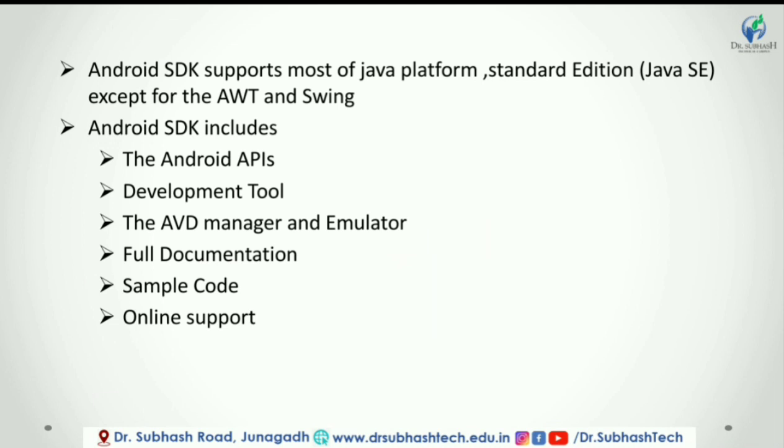All Android applications run within the Dalvik VM. So, software emulator is an excellent development environment. In fact, because it is hardware neutral, it provides a better independent test environment than any single hardware implementation. Next is full documentation. The Android SDK includes extensive code level reference information detailing exactly what's included in each package and class, how to use them.